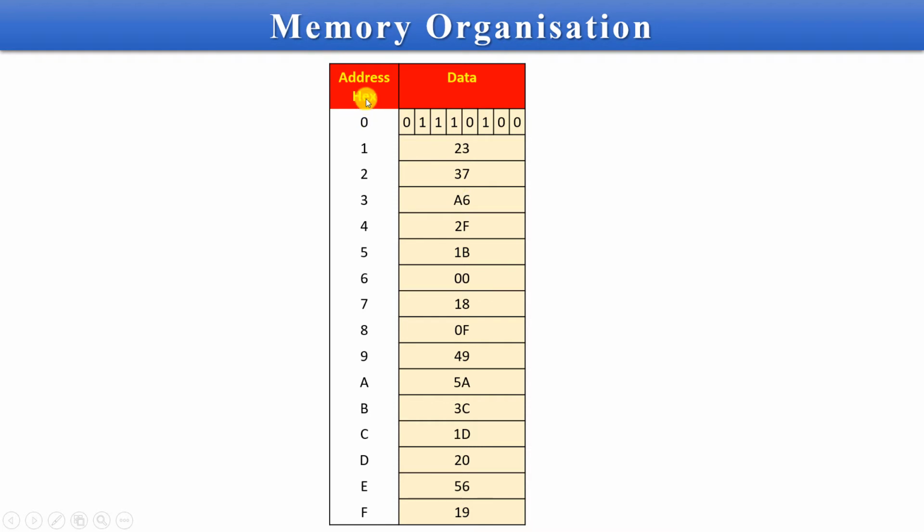So the 16 addresses which were written in binary can be represented in hexadecimal numbers like this. Since we are showing only 16 bytes, you can easily understand the binary numbers. But when we talk about a large amount of memory being addressed, using binary numbers is very difficult, and therefore we use hexadecimal numbers for this purpose. So one hexadecimal number is the byte which is stored in the memory, and the other hexadecimal number is the address of that particular byte.